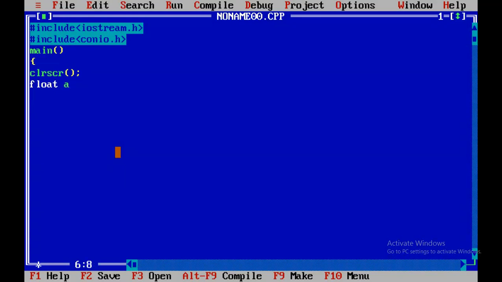Now I'm entering a. This is a variable which stores a value given by a user, comma. It is a must that you enter a comma after a variable. So b, then comma.